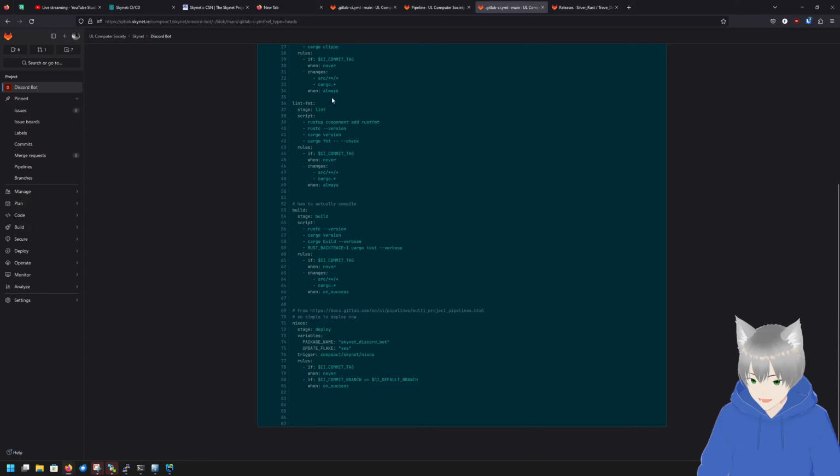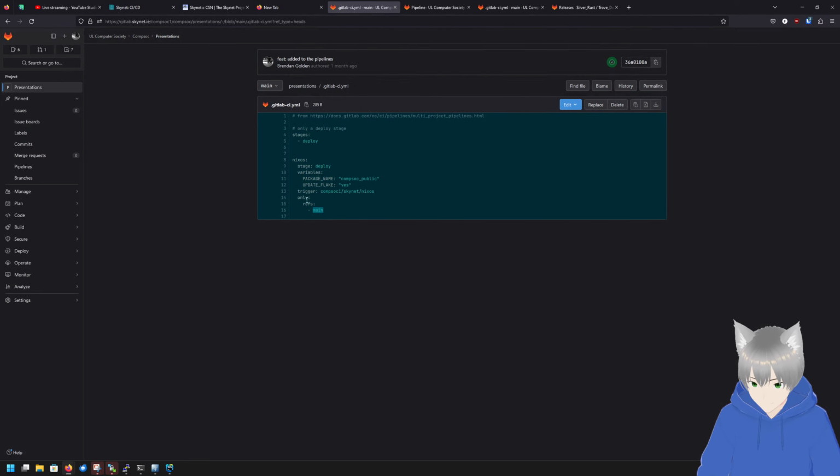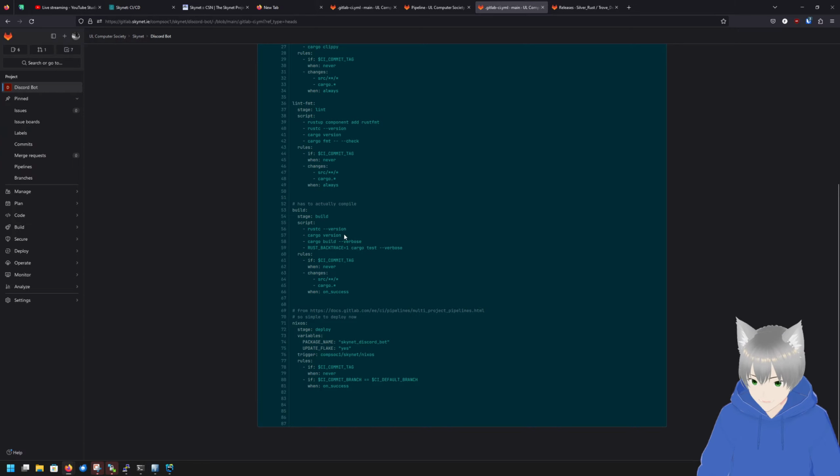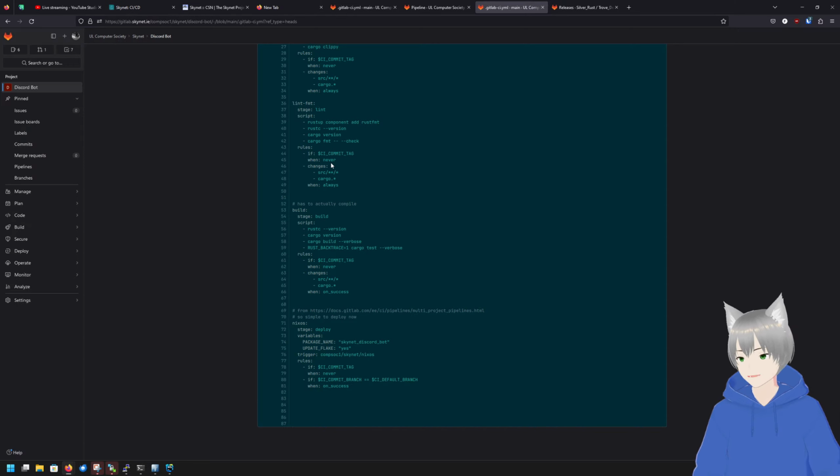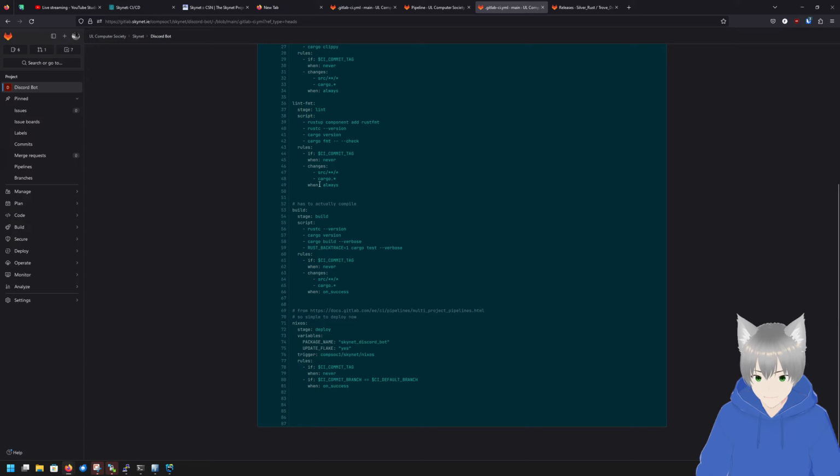So remember on the previous one it was only refs main. Well, GitLab has been moving over to a more rules based one, rules if commit tag. Don't ever do that. I think that's more if you have a tag, like git tags, it won't run then. But if any of the source files or any of the cargo files change, so that would be cargo.toml or cargo.lock, it will run those.